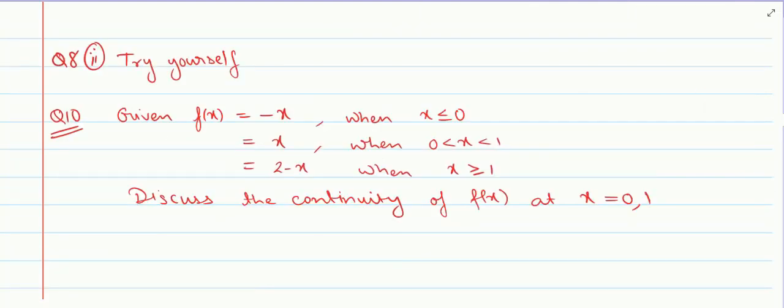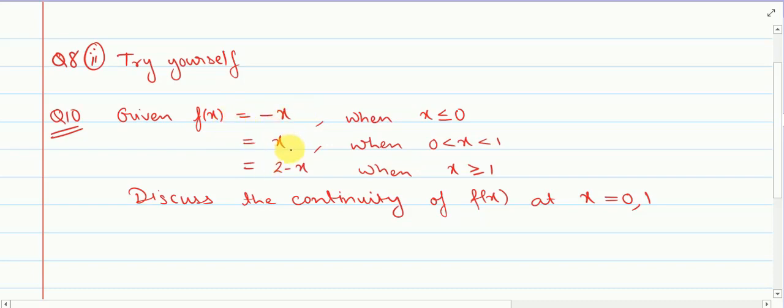Okay, now let us see question number 10. Here we have been given a function f of x, which is defined this way. If your x is less than equal to 0 or anything less than 0, then output will be minus x. That means if here I put minus 2, then answer will be minus minus 2. Okay,